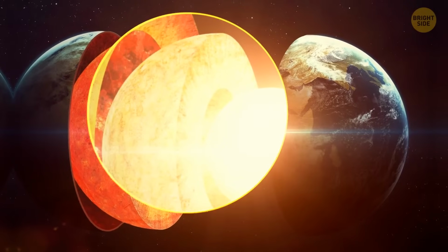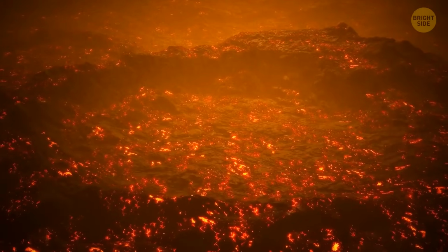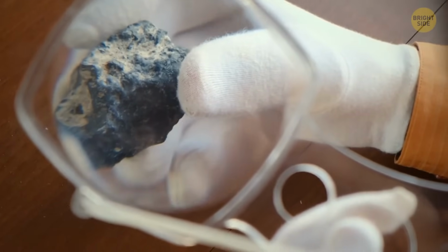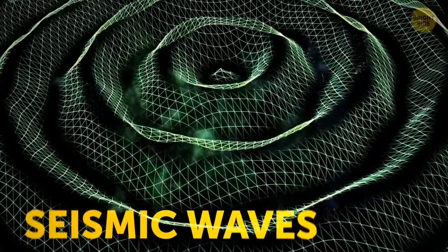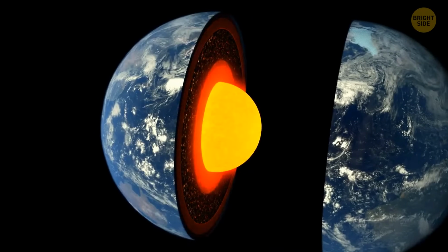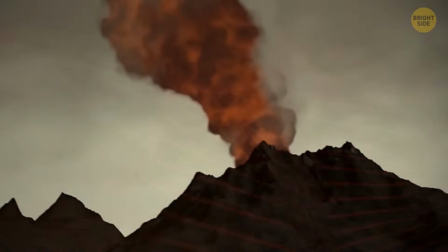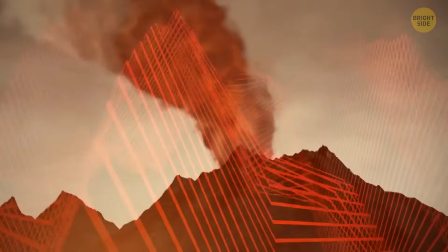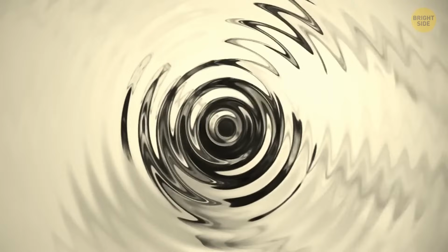And it's like looking through a really dirty window of 3,200 miles of molten metal and rocks. But we can rely on laboratory experiments on heated pressurized rocks, signals from seismic waves, and computer models. When an earthquake hits, it sends out seismic shock waves. Those waves travel through layers at a different speed, depending on the direction they go and the material they move